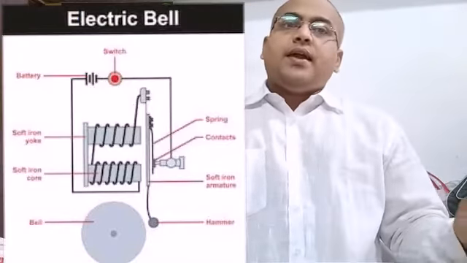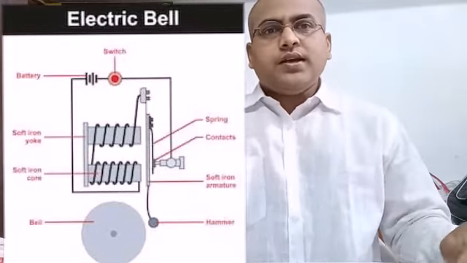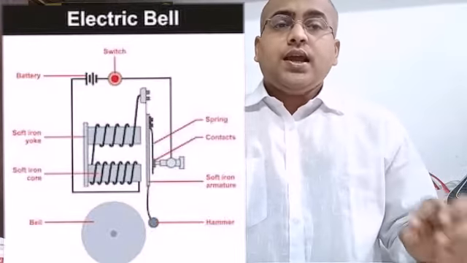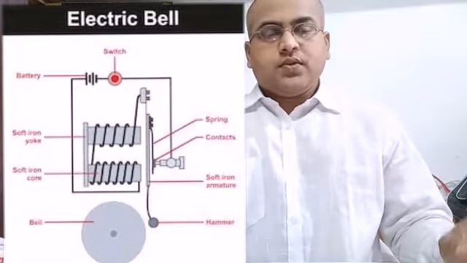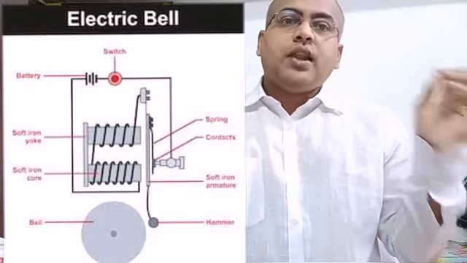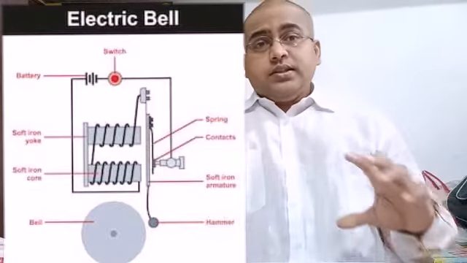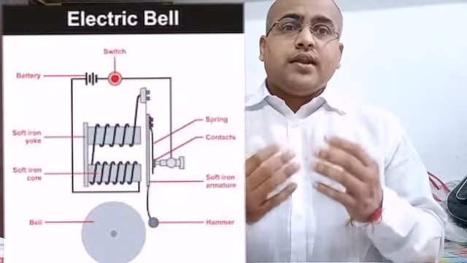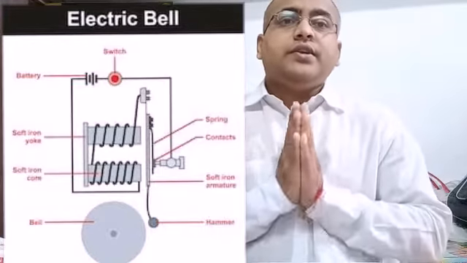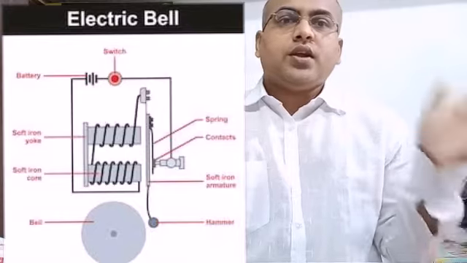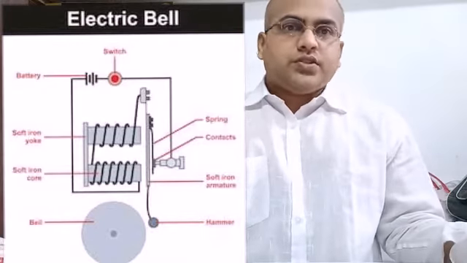In the same manner, in different toys and in different activities, we use electromagnets. Whenever you allow the current to flow, whatever iron piece and whatever coil is there will turn into an electromagnet and start working. And whenever we switch off the current or cut the flow of current, it will stop.